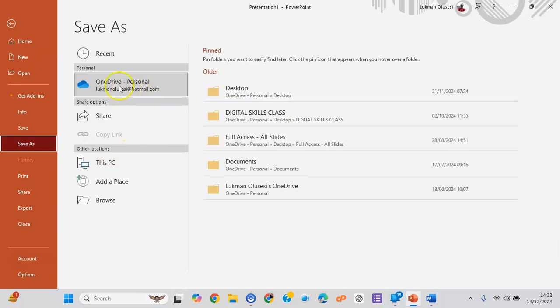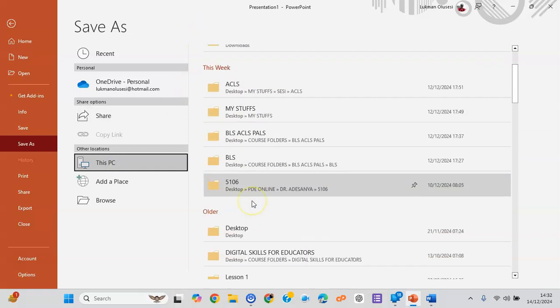Do you want to save in OneDrive? OneDrive is the equivalent of Google Drive, that is cloud storage. You have like 10 to 15 gigabytes of free cloud storage even in Microsoft OneDrive, just like you have in Google Drive as well. And if you want to save your work on your system, you click This PC